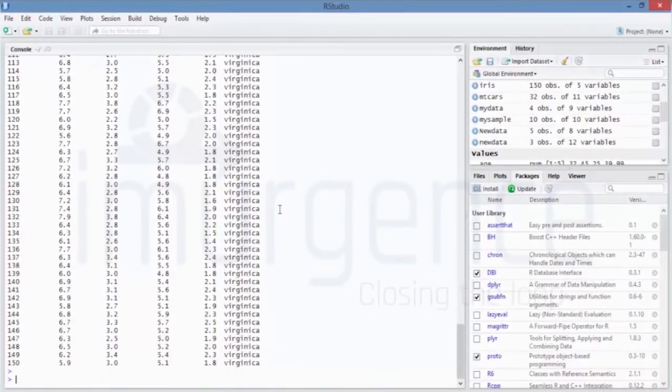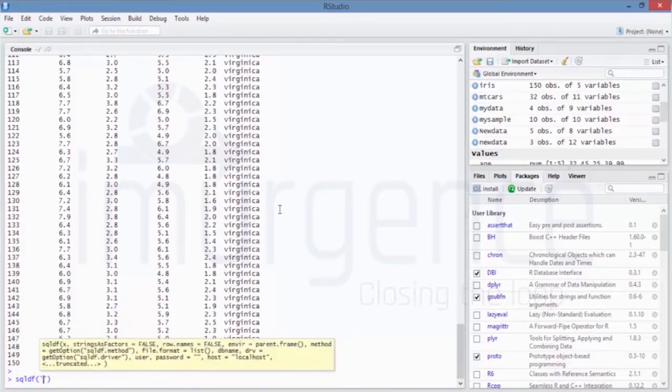Start using the same functionality of SQLDF to further query the data and do some basic averaging. So you can say SQLDF with a single quote, then select. You have to make sure that you have a single quote in the beginning. SQLDF is a function call in which you specify, within a single quote, the complete SQL statement. Say select, and you can specify which columns you want, species,